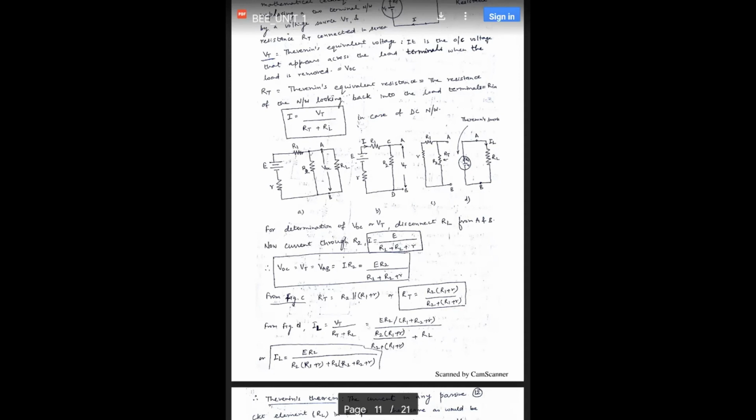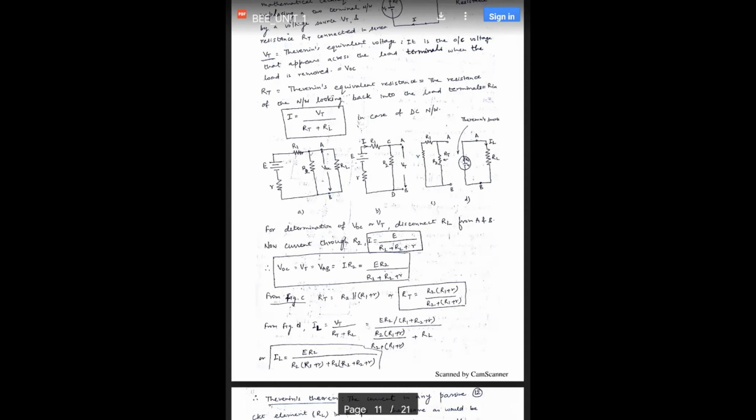So this is our load resistance, and the nodes which are connected to it are these. Okay, so when this load resistance is removed, Vt is our open circuit voltage or Thevenin voltage